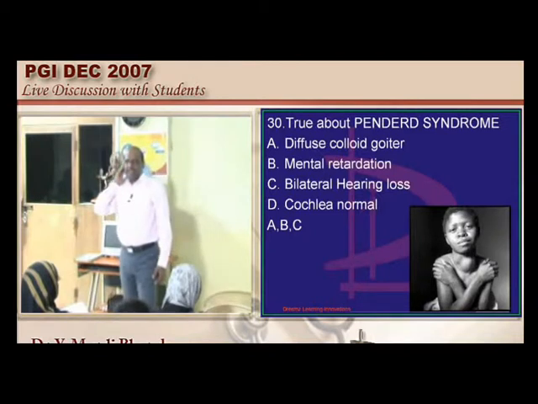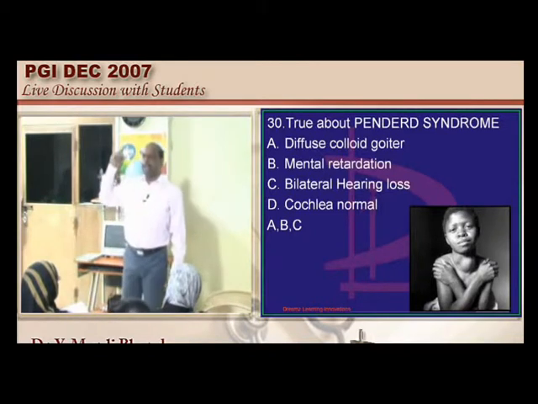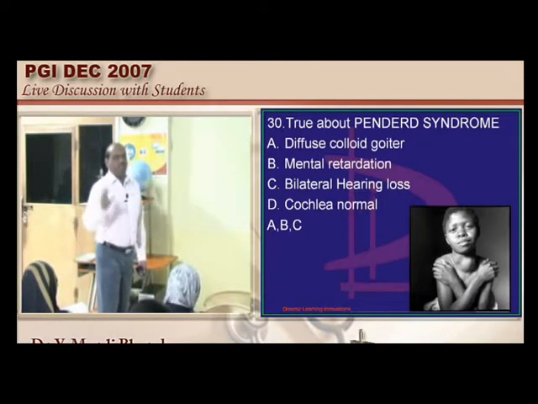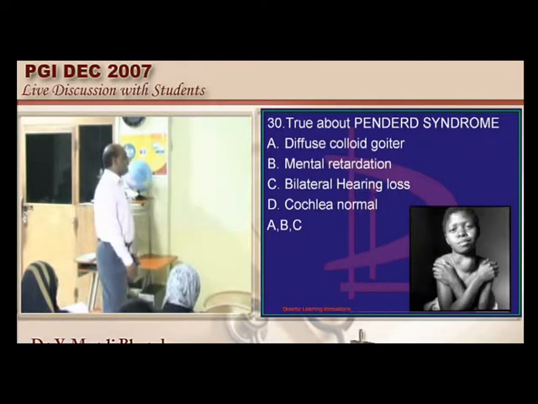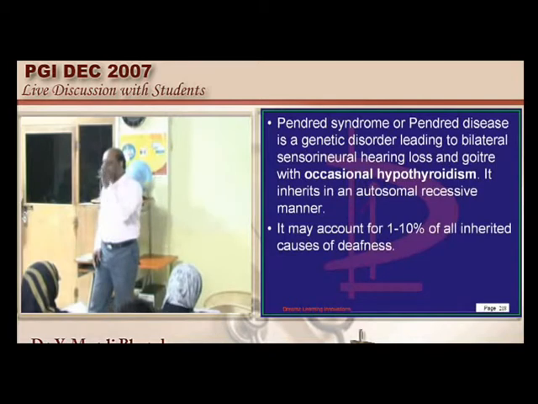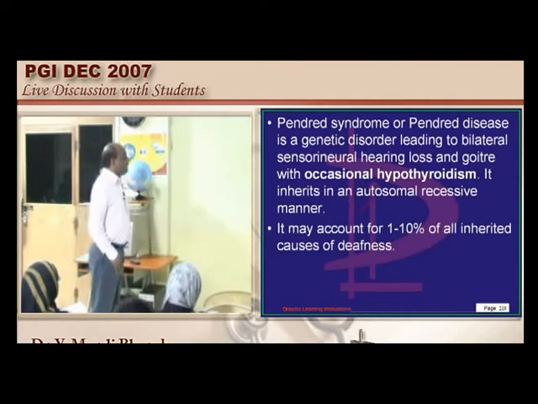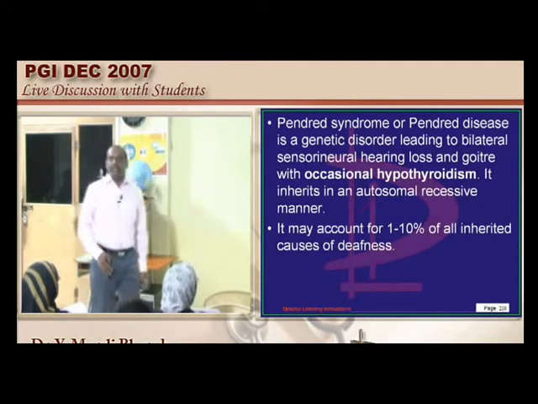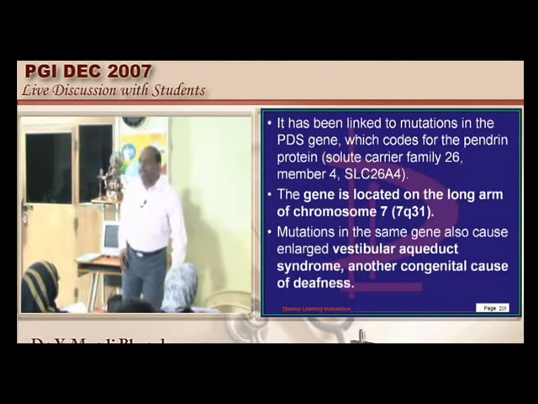There is deafness, goiter, mental retardation. What is that combination called? Pendred syndrome, where the gene is located on the long arm of the chromosome 7. Now one of the challenges here is it bilateral or unilateral hearing loss? Bilateral very much. Then how is the cochlea? The classical feature, why there is a sensorineural deafness in the case of Pendred syndrome, doctor?